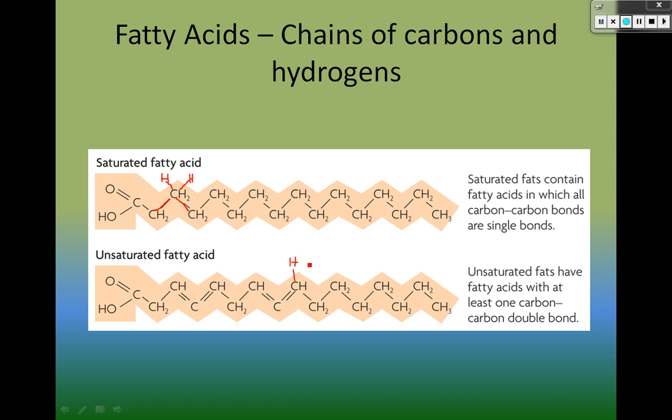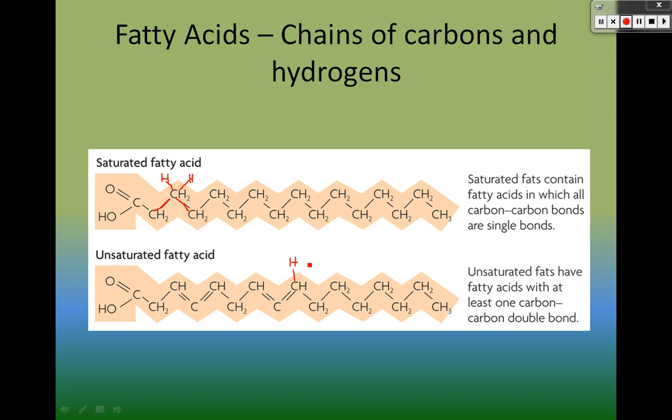And what it does in the end is, even though these look like they're the same shape, they're not the same shape. So if you remember back to carbon dioxide and water, the water was bent, whereas the carbon dioxide was more linear, more straight. A saturated fatty acid is much more of a long line. It's more like just a chain, whereas an unsaturated fatty acid, because of the double bonds, is not one long chain. It's kind of bent at certain places like the water was,